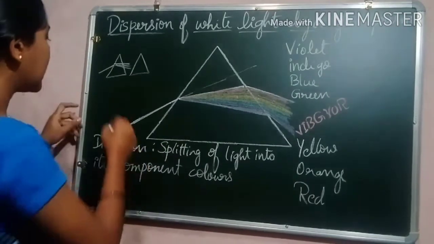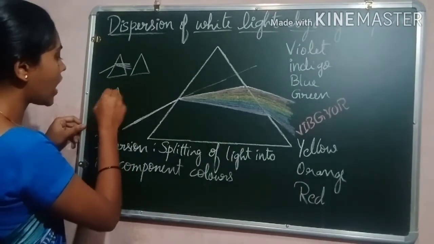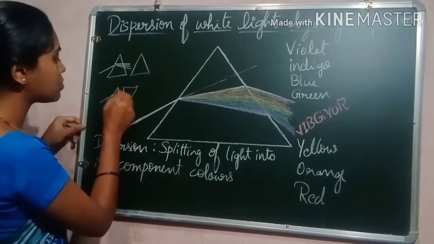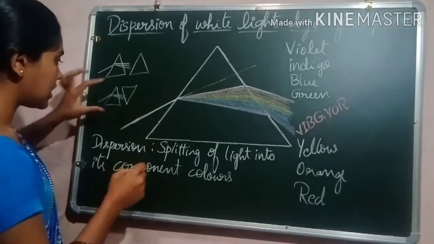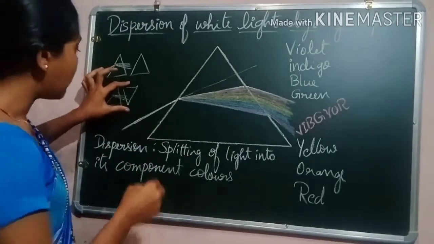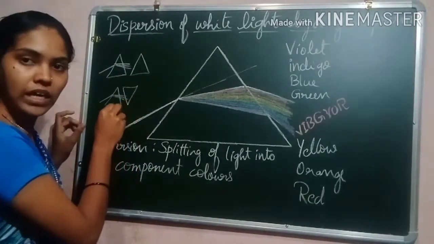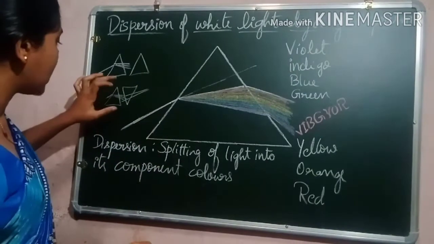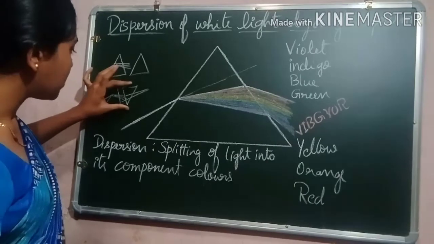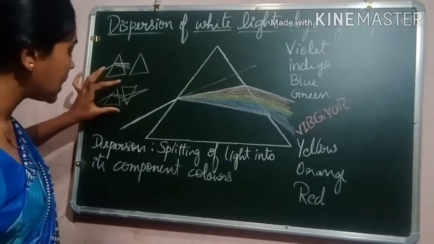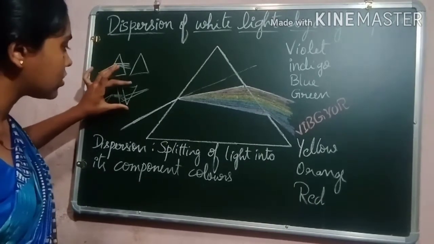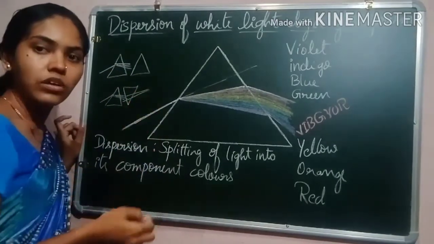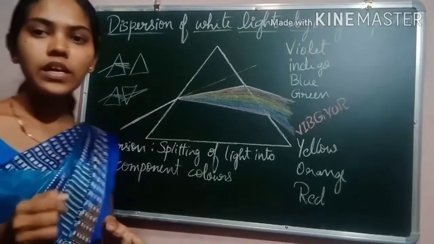So what he did was keep one prism like this and place another prism inverted, and he passed the spectrum through the inverted prism. When he tried that, he obtained white light again. So he understood the reason behind the